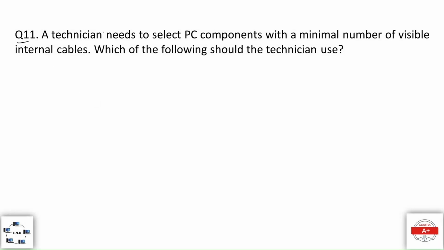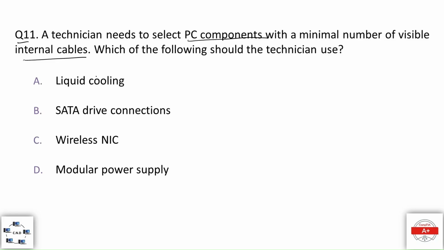Question number 11. A technician needs to select PC components with a minimal number of visible internal cables. Which of the following should the technician use? And the options are option A, liquid cooling, option B, SATA drive connections, option C, wireless network interface card, and option D, modular power supply. Correct option is